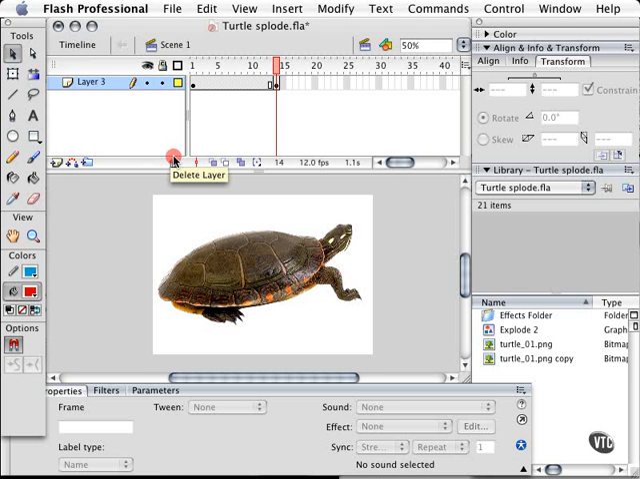In this project, what I'm going to do is make this turtle explode and then bring him into Toom Studio. I know making a turtle explode is not exactly right, but no turtle will be harmed in this experiment. So what I'm going to do is show you that I'm in Flash and I have this turtle file, which